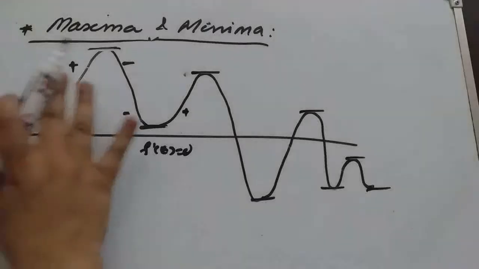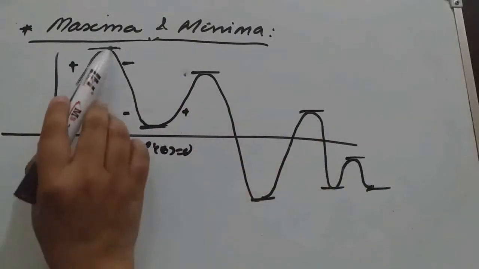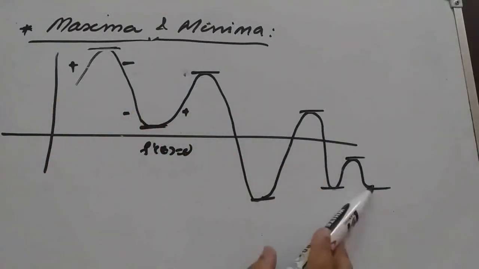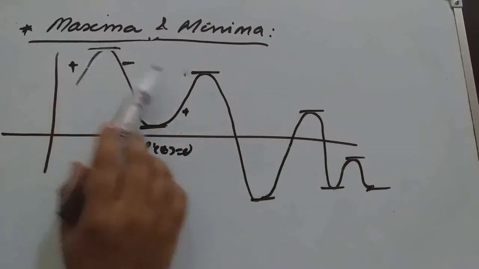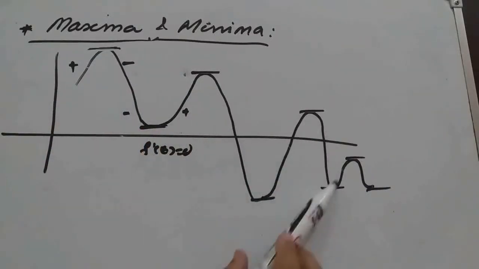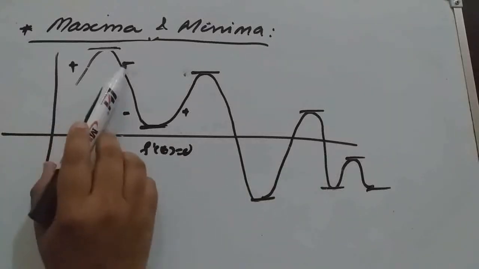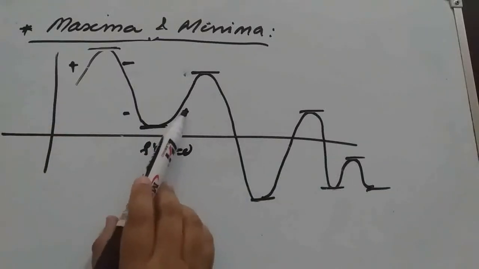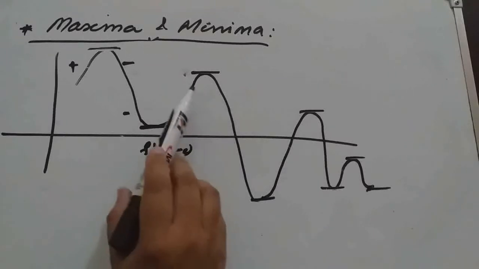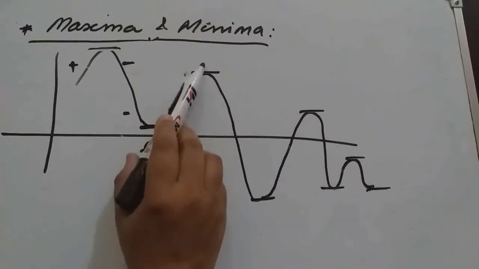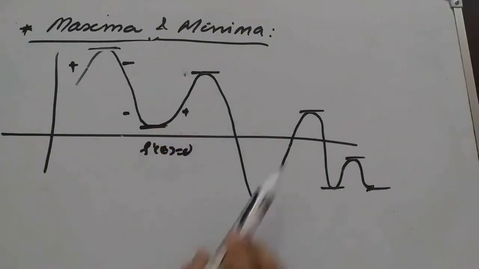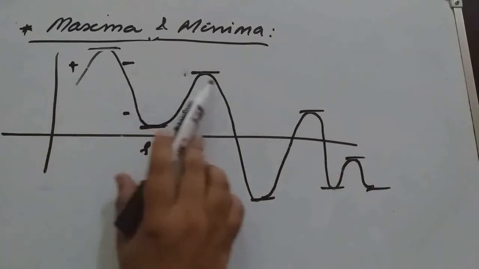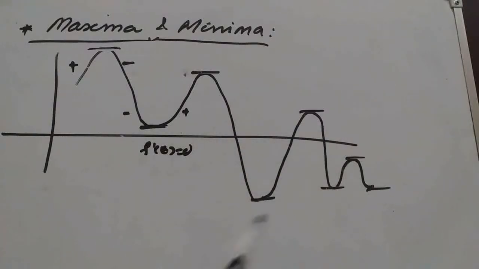So a particular function can have many maxima and many minima. So this is called local maxima and local minima, because at each point turning is there, and the function is changing from positive to negative, negative to positive. Here positive to negative, increasing then decreasing, that means reaches peak value then started decreasing. So this is maxima, this is minima, this is maxima. All these are called local maxima and local minima.